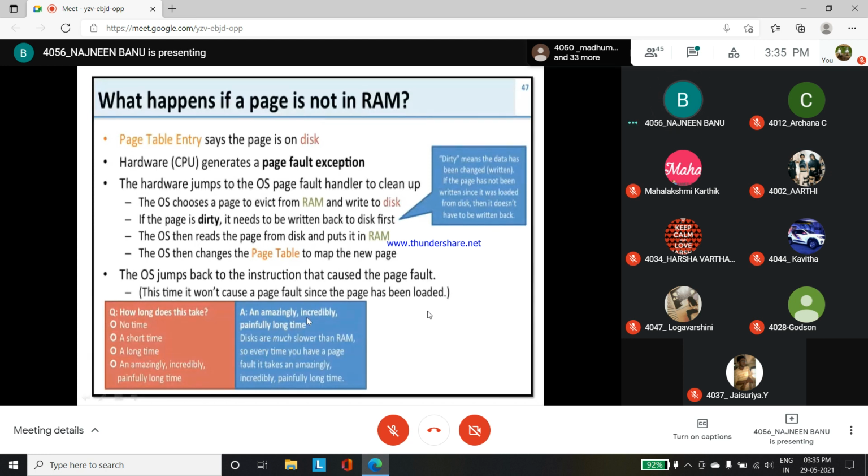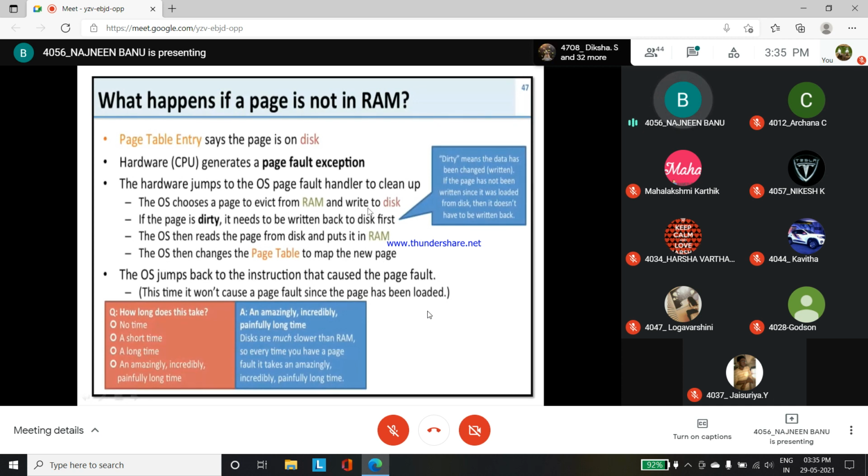It will take an amazingly, incredibly, painfully long time because disks are much slower. So the rest of the three are wrong because this will take a long time, as disk is slower than RAM. We have to read the data when there is a page fault error, and then load it in memory.